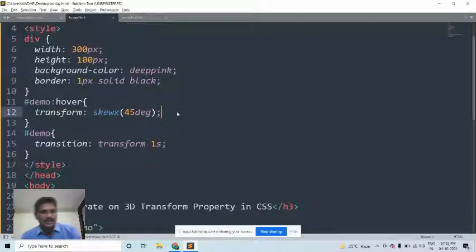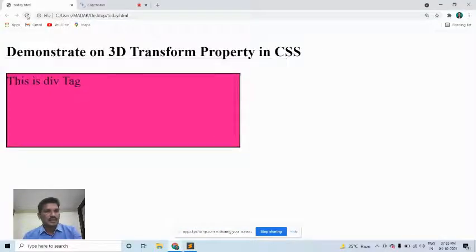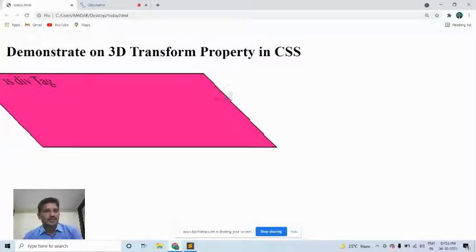The object will be skewed in the X direction with the value 45 degrees. Please look here at how it has been skewed.